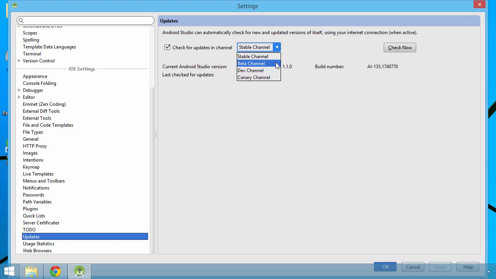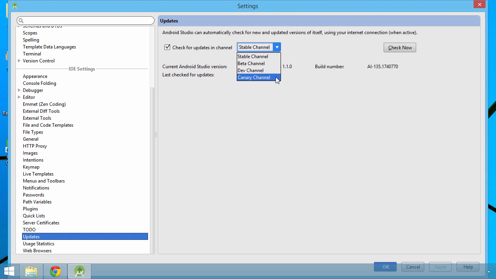But what are these channels that you can check for updates? From the top to bottom, you can find several channels ordered by stability. For instance, the most stable version of Android Studio can be found in the Stable channel. If you decide to run a less stable but more recent version of the application, you can check the Beta channel, and so forth, with Canary channel containing the most recent version of Android Studio, but probably the most unstable